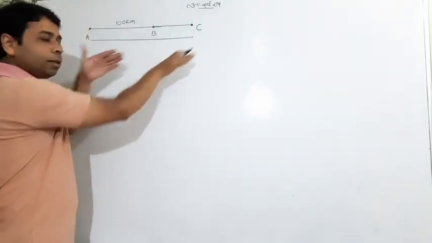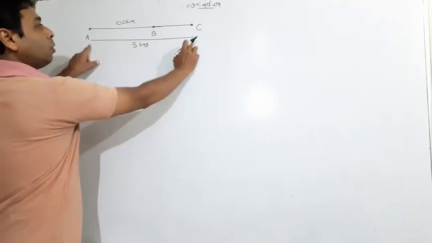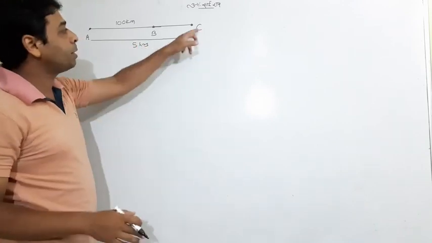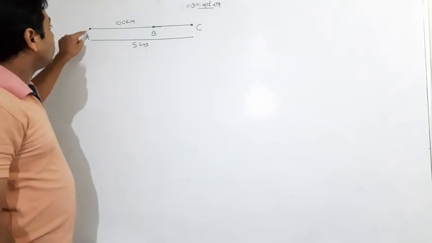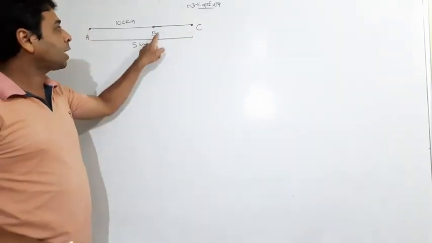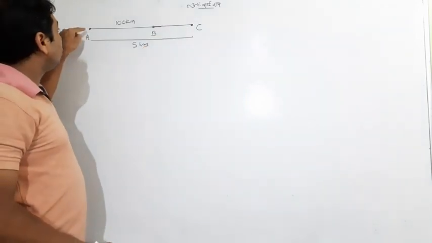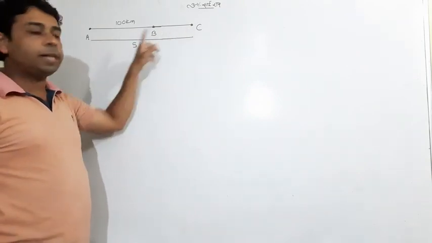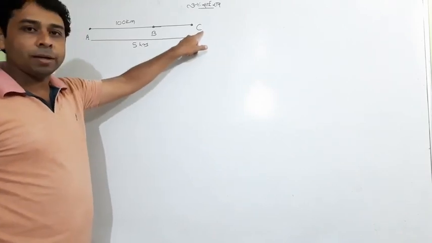When they are traveling in the same direction, in how many hours? It's 5 hours. This is not the distance, it is only the time I'm telling you. After 5 hours, they meet at C. So one thing I want to tell you: what is the time taken by A to travel? 5 hours, because from A to C he takes 5 hours. From B to C, again he takes 5 hours, and both meet at point C.